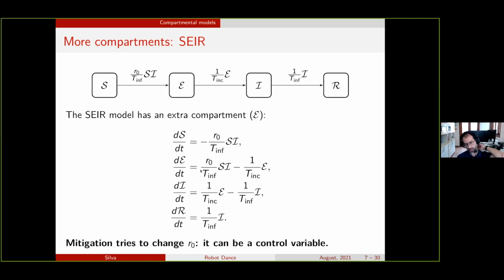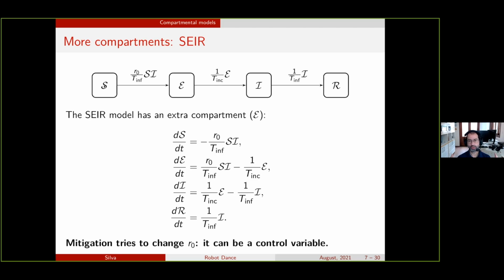And here, what is interesting is that if you think about the parameters of this differential equation, this R naught parameter can be seen in two ways. It can be seen as a parameter itself, something that is given by the disease and by the population and things like that. But once you think about it, it's also something that you can act upon. How? Because the R0 is basically the number of people that an infected person in a completely susceptible population would infect during his infection time.